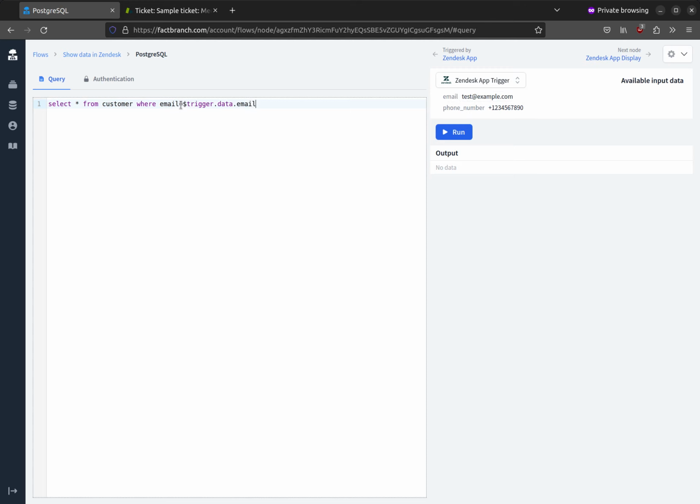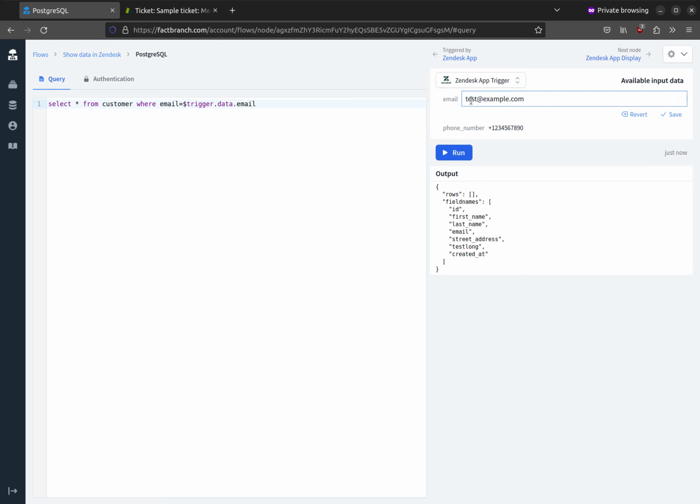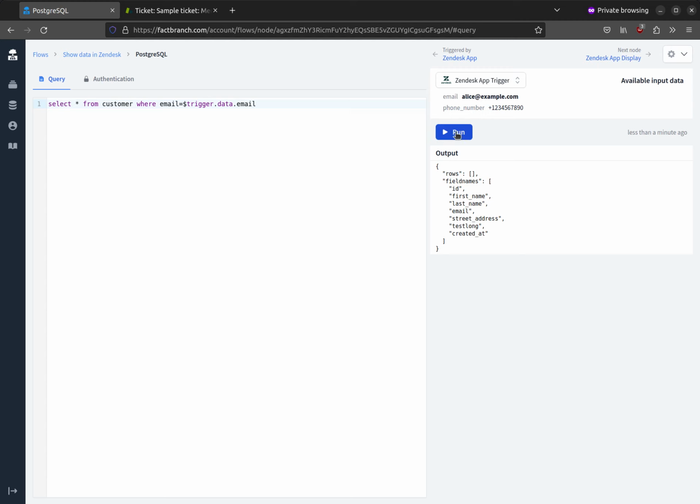So this is the syntax for variables in FactBranch. It takes from the trigger, it takes the input data and selects the email field. So if I run this now, it runs all right, but it doesn't return any results, and that's because I don't have a test@example.com row in my database, but I do have an alice@example.com. So if I run this query again,